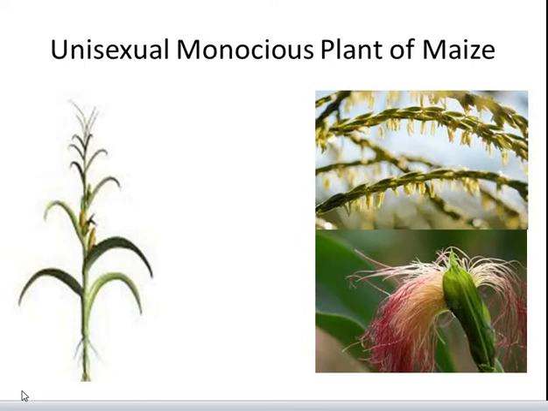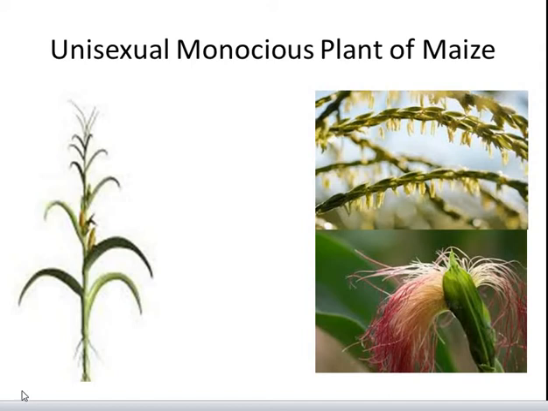To promote cross-pollination and increase genetic diversity, plants have evolved a variety of sexual strategies, and these strategies are known as outbreeding devices. So the very first strategy is unisexuality. In this case, the plant bears either male or female flowers. It is also called dioecism. As flowers are unisexual, self-pollination is not possible.